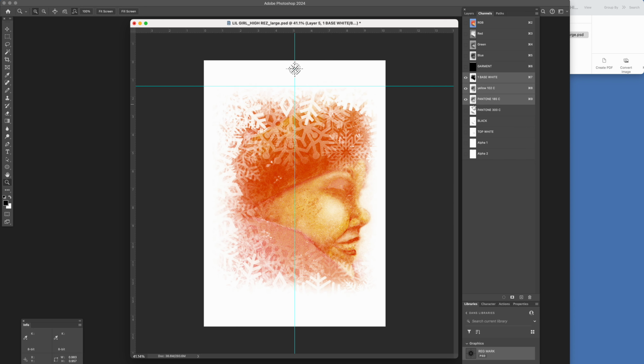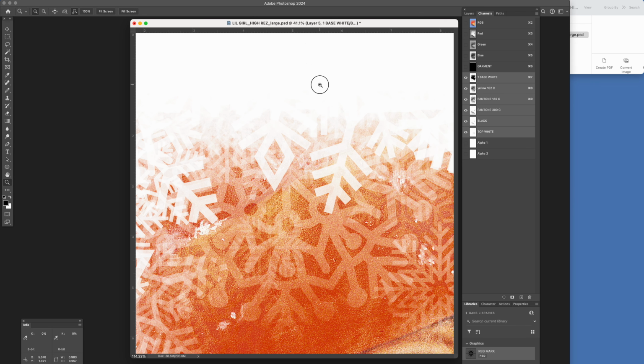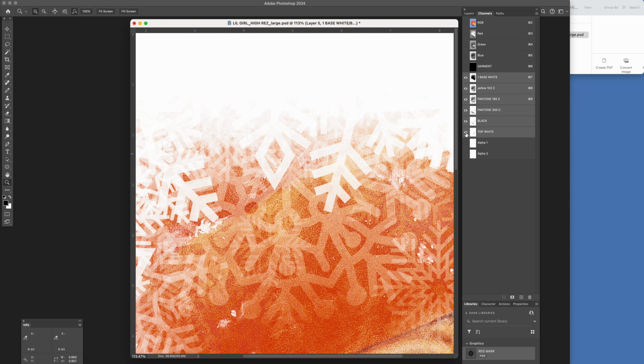Go into each color, hold down the shift key and click on each separation channel. And with the black in the foreground over here, I can type in Option Delete. And because you don't see it, because I've also got a white on the last color. So if I can hide that, it's still selected. But anyway, so what I do